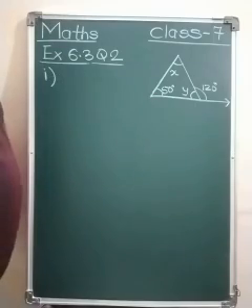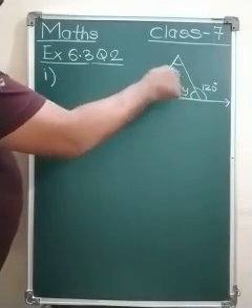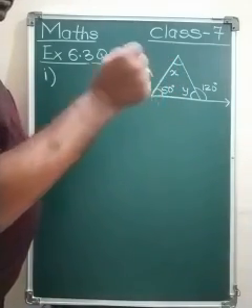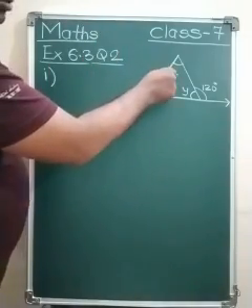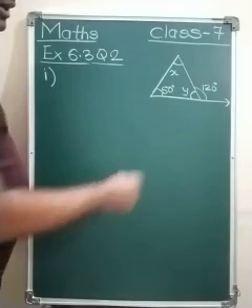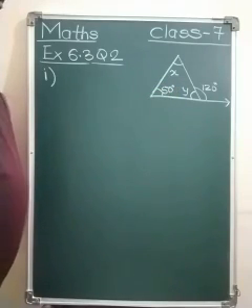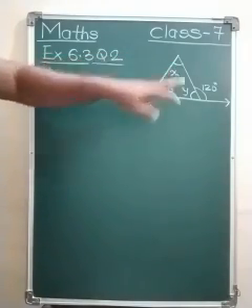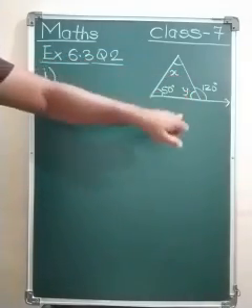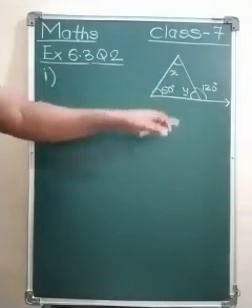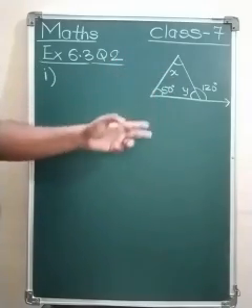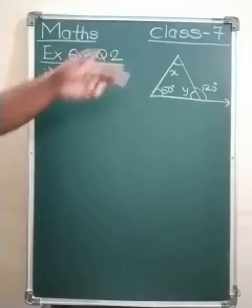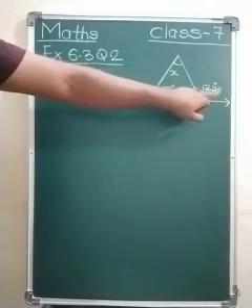Now, as we have to find out the unknown value of x and y, according to the angle sum property, the sum of x plus y plus 50 should be 180 degrees. But 50 plus x plus y equals 180 degrees has two quantities unknown. We cannot find the third quantity. So we have to find out one of x and y using our exterior angle property.